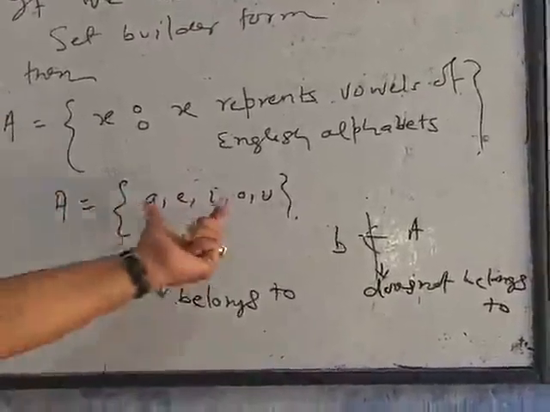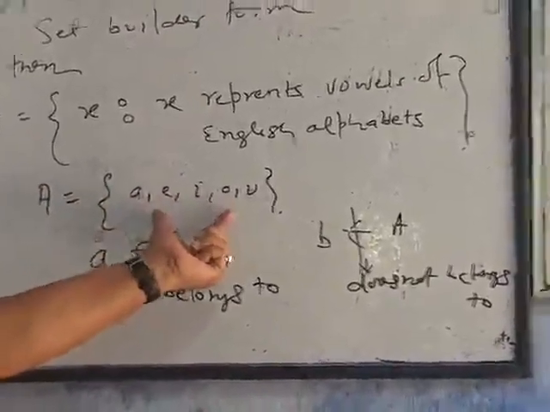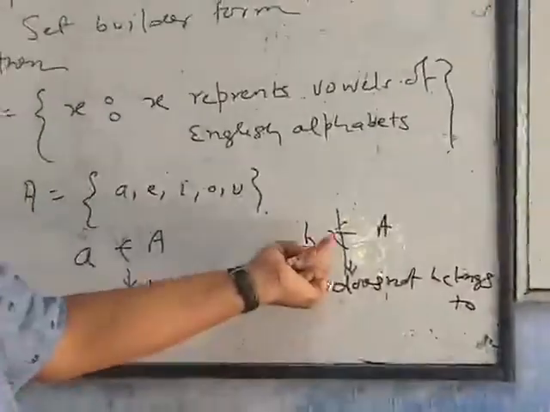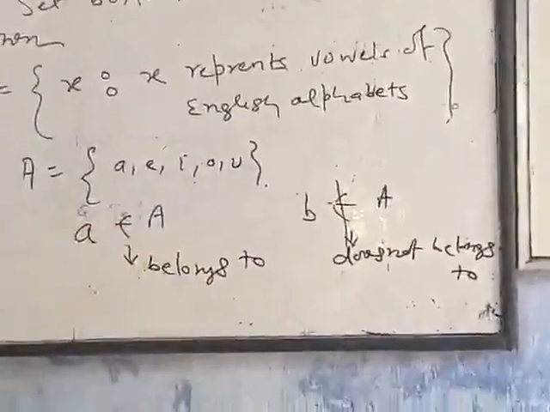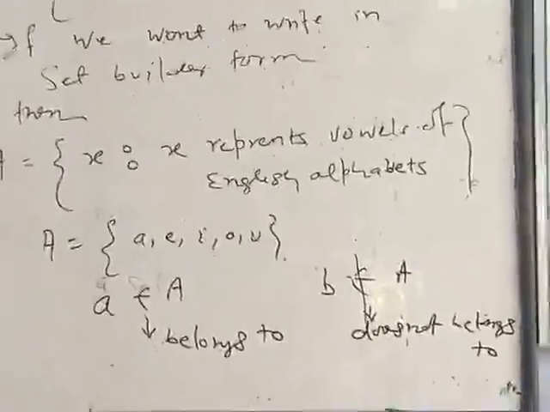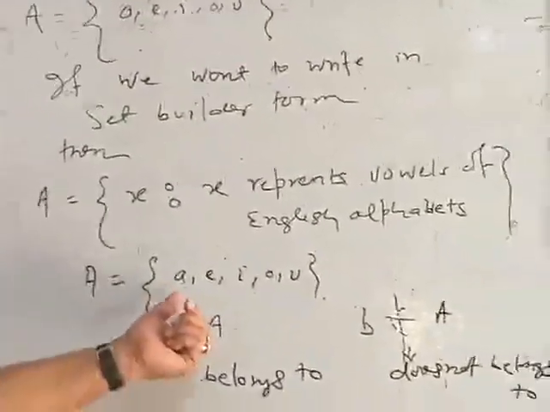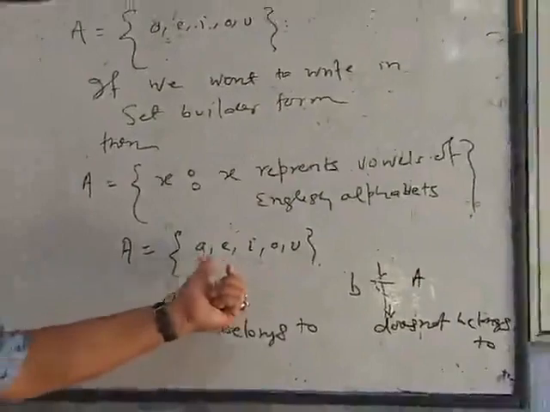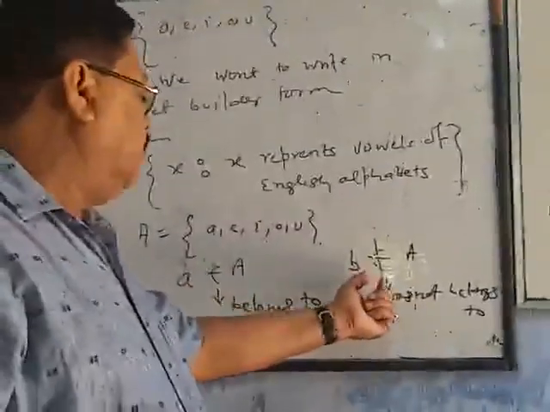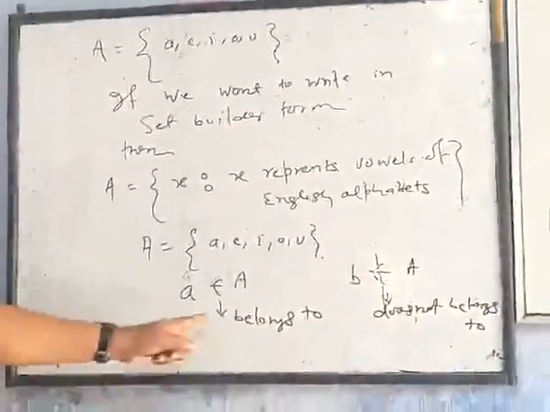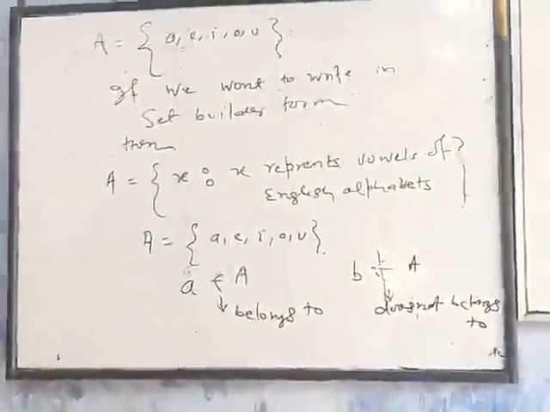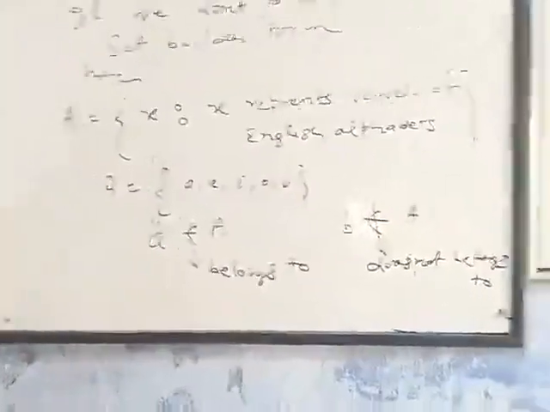But B does not belong to A. B is not a member, so we can write B does not belong to A. These are the two symbols, belongs to and does not belong to. That is, it is a member of this set or it is not a member of this set. In this way, we develop these symbols. Next we come